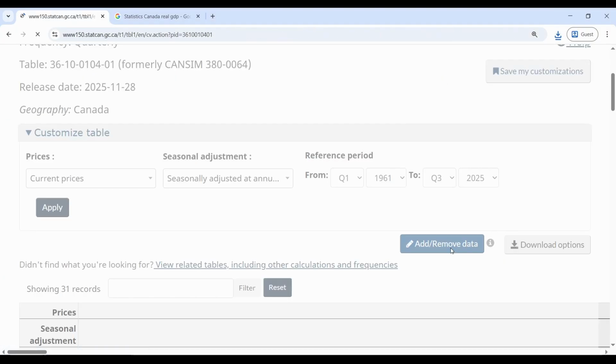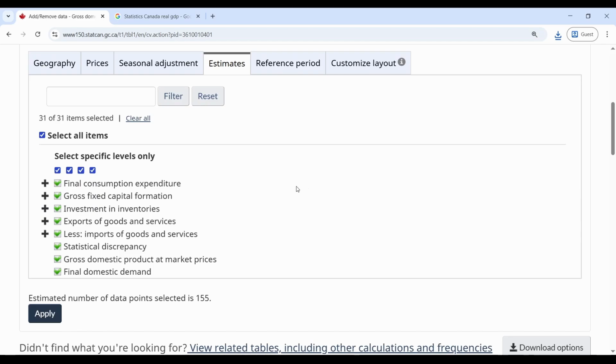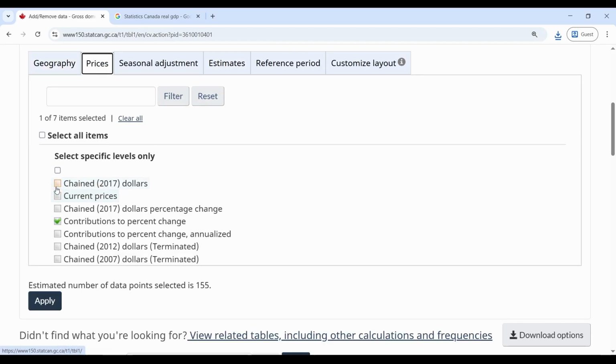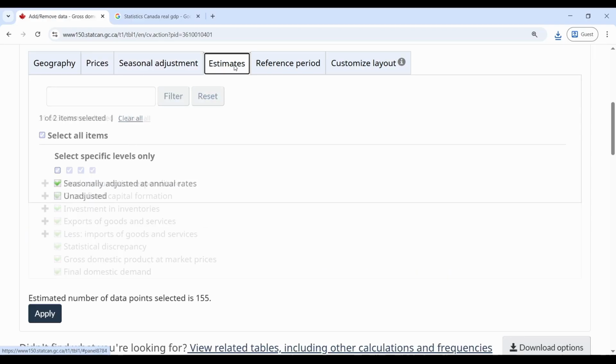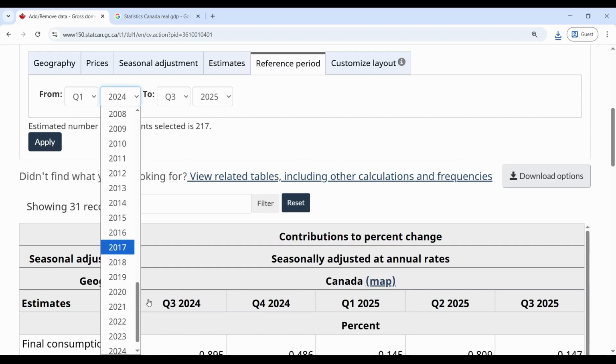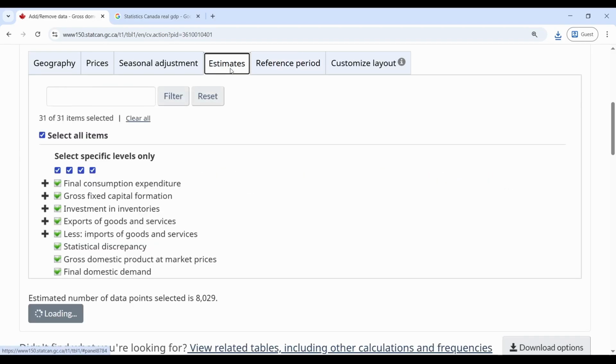However, it's often convenient to hit this add remove click button, which will give us more options. So in particular, we again want to download real GDP, seasonally adjusted, and we have to make sure that we get our data sample that we want. So let's do that. But the important thing here is it tells us all the different variables and its subcomponents